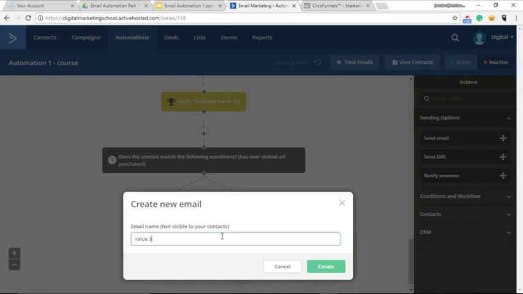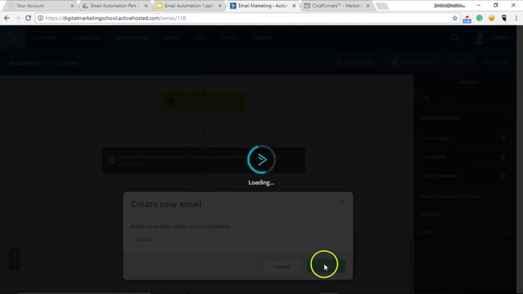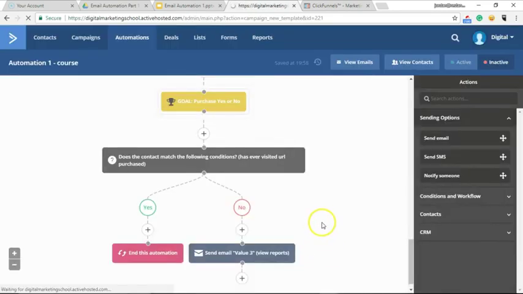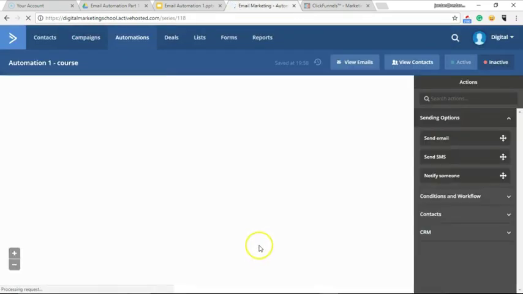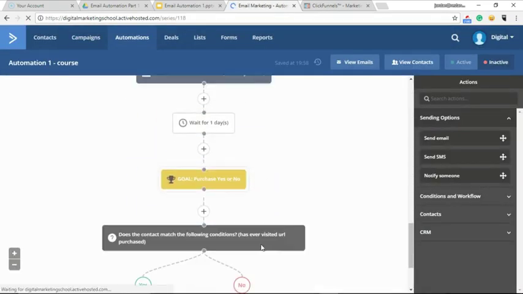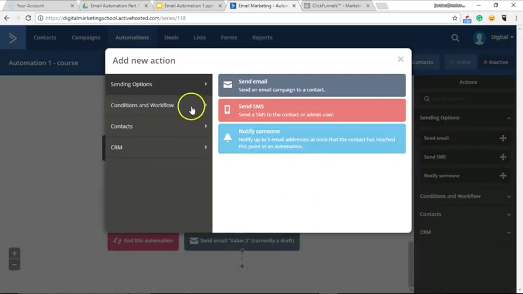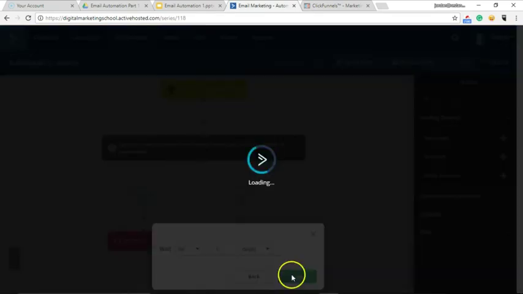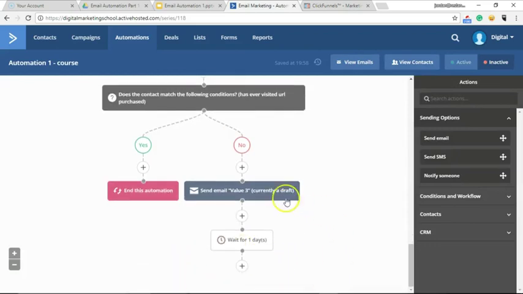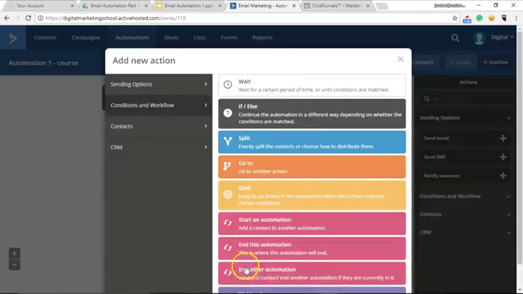So now we're in our value 3 email. We're not really going to talk about this too much. You guys kind of get the flow. So we're going to do another value email, we're going to do a resend on our value email, and then we're not going to do our offer, we're going to send our 4th value email. So you guys can see, boom, wait for a day, do our value email 3,